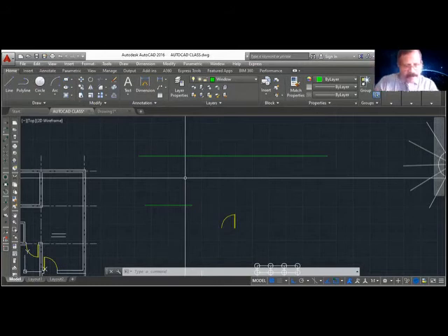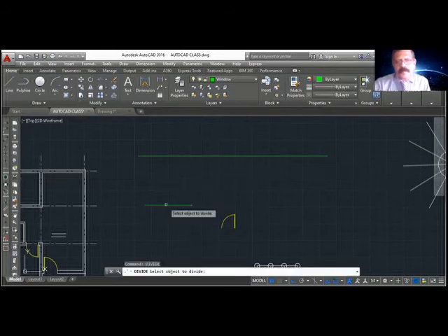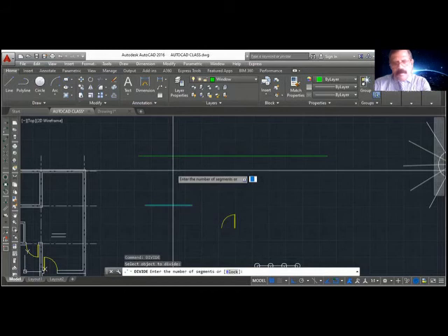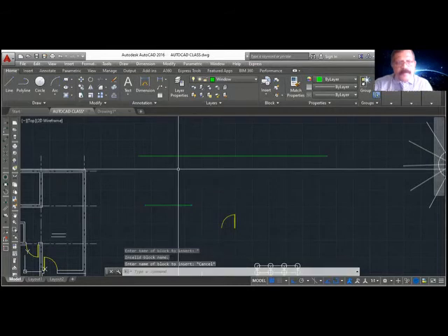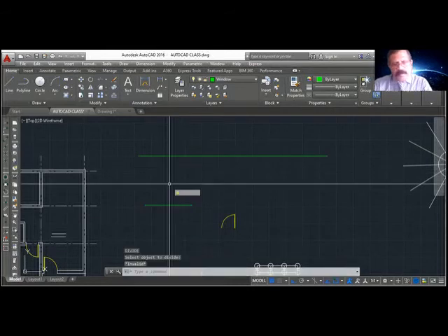Let us try again. Divide, select object, block. If I don't remember the block name, I put a star, enter. Okay, I think in the new command it doesn't work. So you should remember the name of the block.